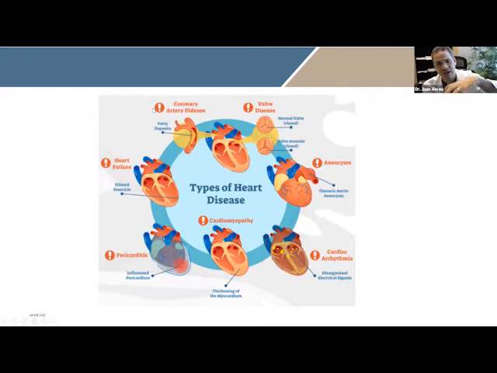which is the blood vessels that go on top of the heart like this, and then they get disease for various reasons. Also, you have valves in your heart that can get disease. Also, you can have abnormal dilatation of some of the blood vessels in the heart, namely aneurysms. Also, the electrical system of your heart can be damaged. We call that arrhythmias. Also, the muscle of your heart can be damaged. We call that cardiomyopathy. Can be inflammation, can be infection.